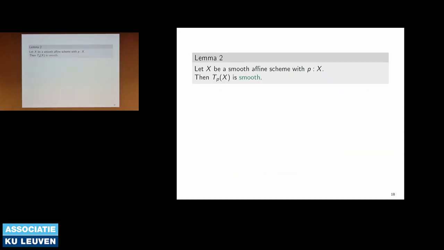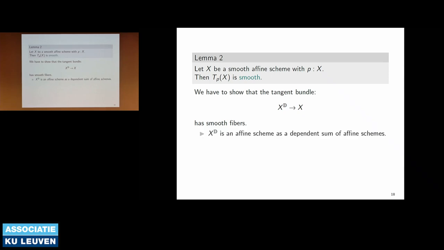So assume a smooth affine scheme, then the tangent space is smooth. Here we want to use the proposition that I mentioned. What we need to show is that the fibers of this tangent bundle are smooth. To prove this, first we have that both types are affine schemes. X is, by assumption. And for this one, you can see it in different ways, but one way is to use the fact that this is a sigma type of X and tangent space. And tangent spaces are finitely co-presented, so they are a set of roots of linear polynomials. So in particular, they are a set of roots of polynomials, and they are affine schemes.